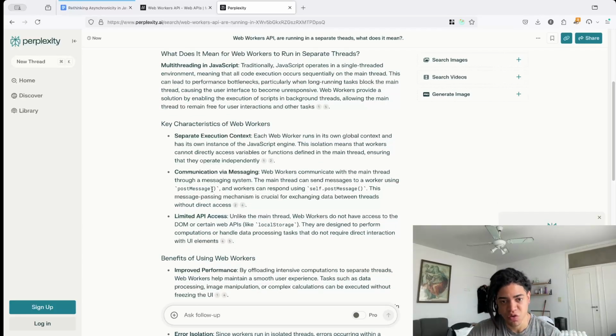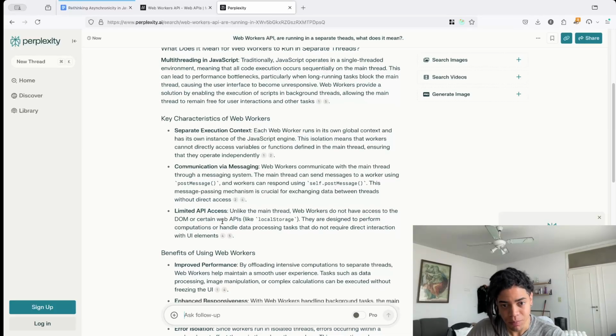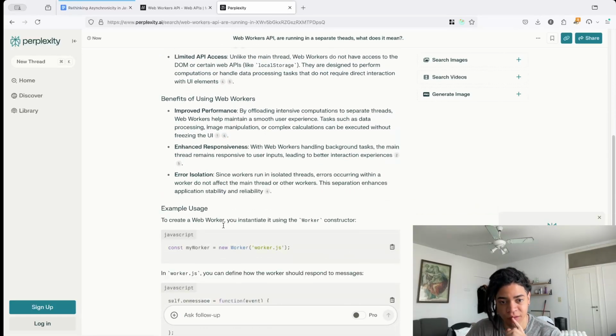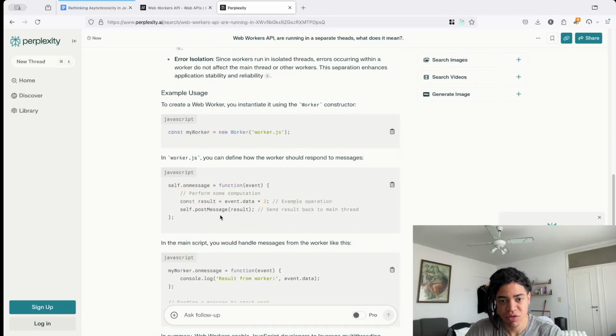Hey, this is where you have limited API access. Unlike the main thread, web workers do not have access to the DOM or certain web APIs like local storage. They are designed to perform computations or handle data processing tasks that do not require direct interaction with UI elements. So anytime you need to actually process something